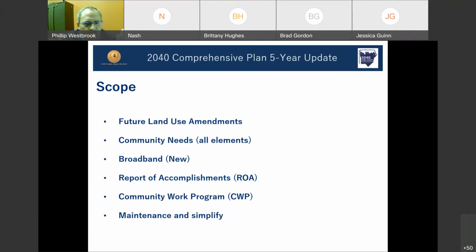And then finally, we'll also be doing some maintenance on the existing plan, cleaning up and clarifying any complicated language and better aligning the plan with other planning efforts across the county. This is mainly to reduce inconsistencies and redundancy. This will probably eliminate some of the optional elements, but the plans that guide those elements will be referenced in the supplemental plan section of our 2040 comprehensive plan.